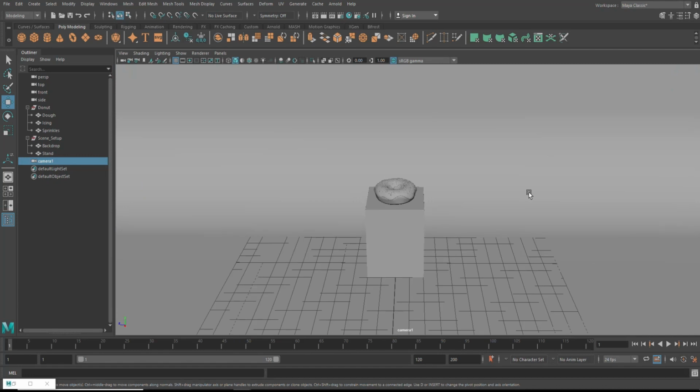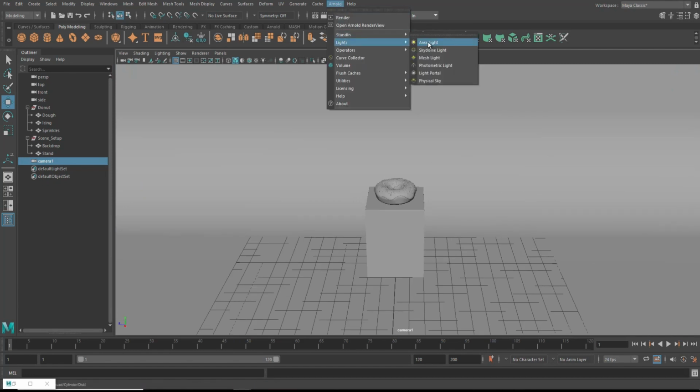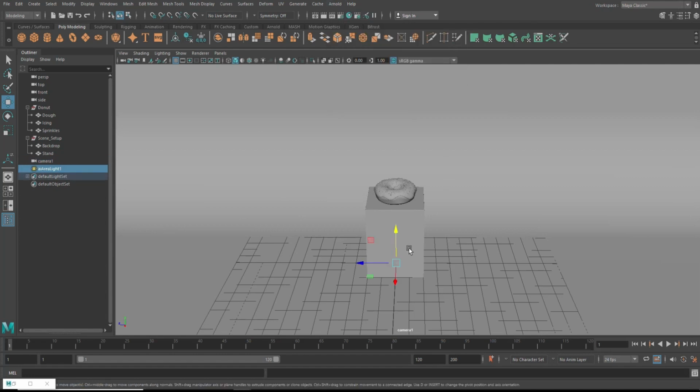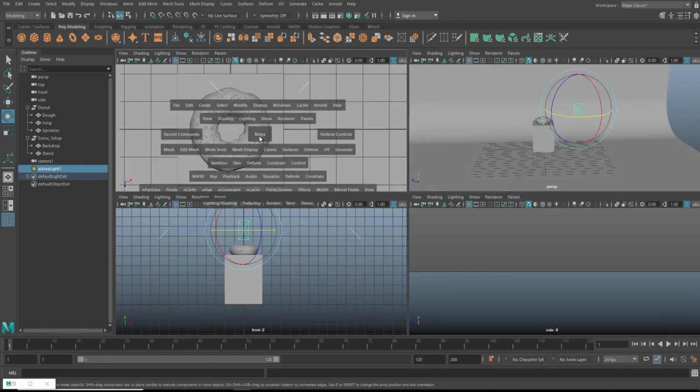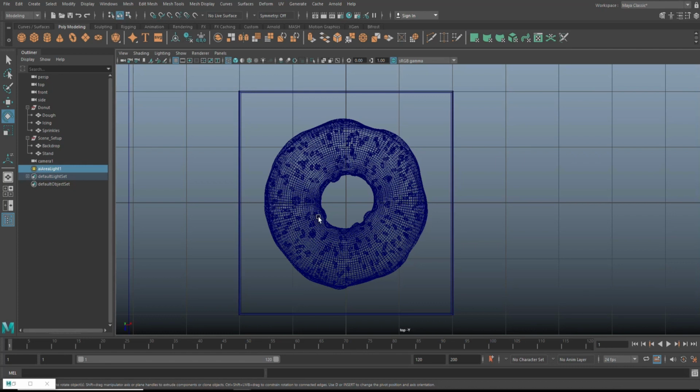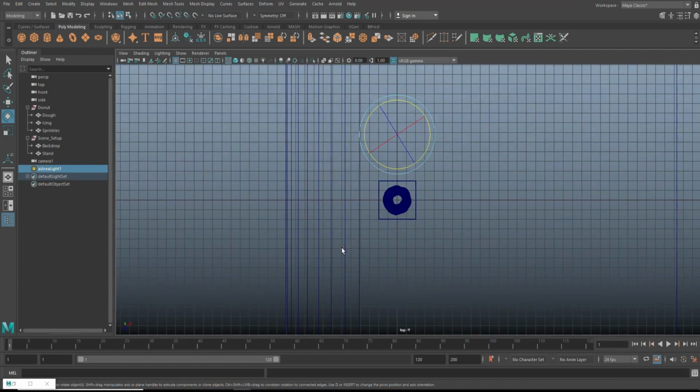And what I'm going to do is I'm going to be using Arnold lights, right? So I'm going to go up here to Arnold, we're going to go to Lights, and let's create an Area Light, okay? Now, I'm going to raise that up, I'm going to raise it over here, and I'm going to hit E to rotate that a little bit, like this, and I'm going to check it from my top view, because that gives me the best idea of where it's positioned, right?